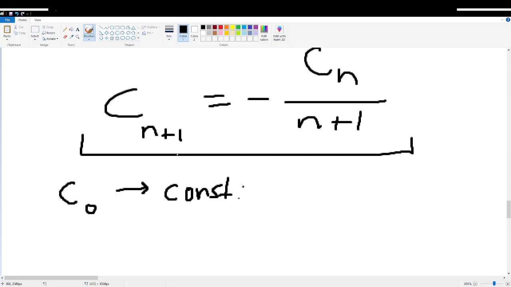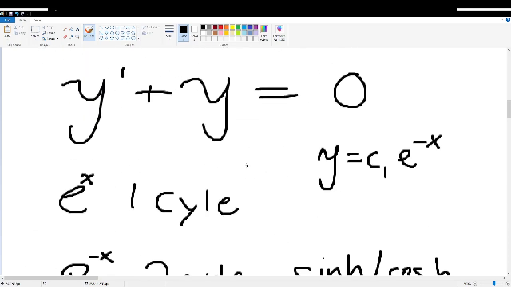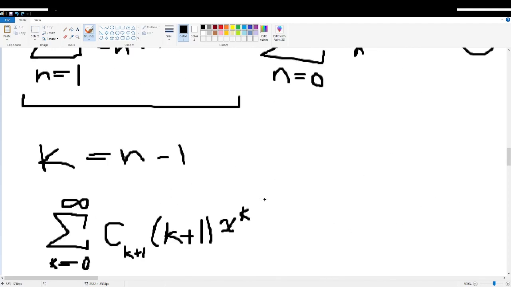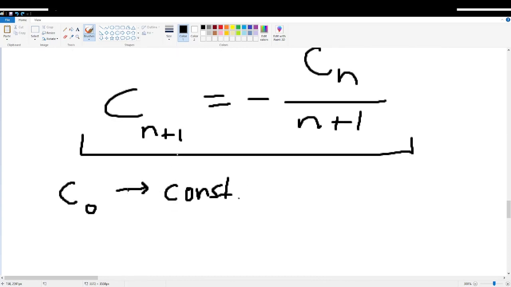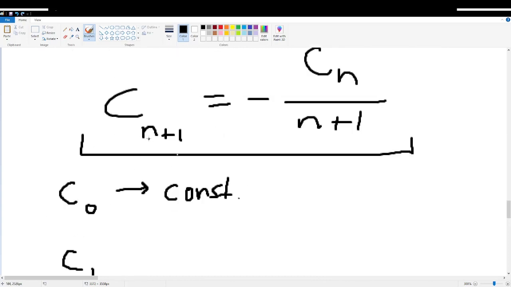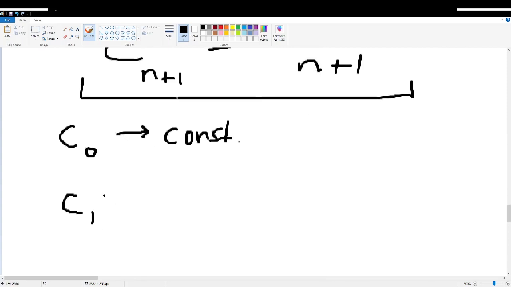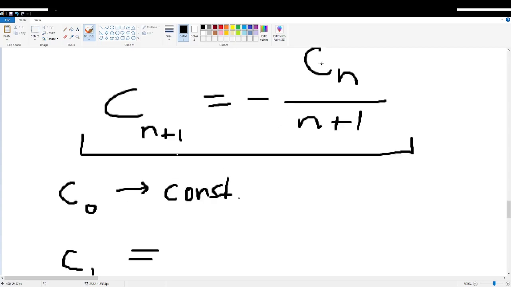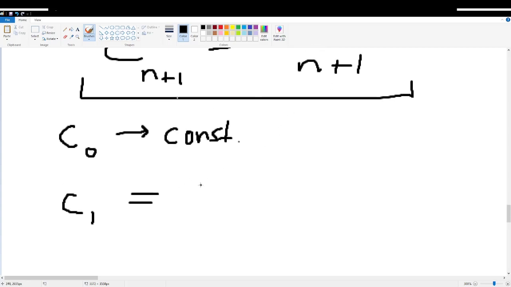Because recall, in the solution that we are probably going to end up having, there is still a constant. So let's call C0 our constant. Now C1, remember C1 occurs when n is 0, because this is C of n plus 1. So if n plus 1 equals 1, then n equals 0. Then we know that C1 is equal to, well, if n is 0, this is going to be minus C0